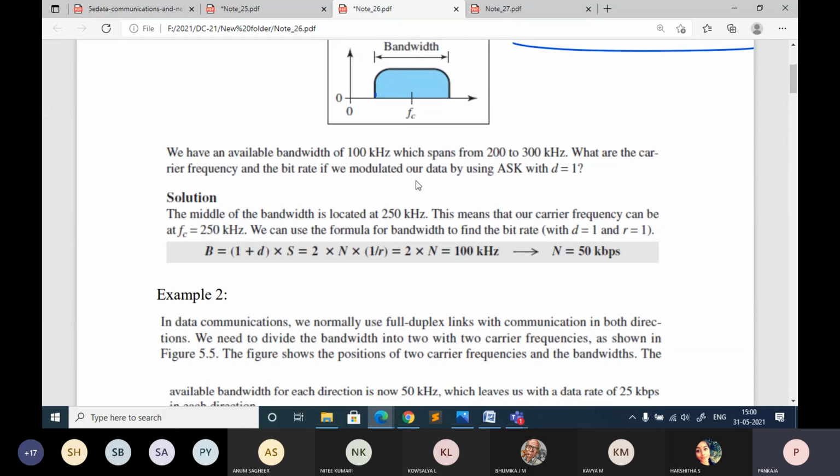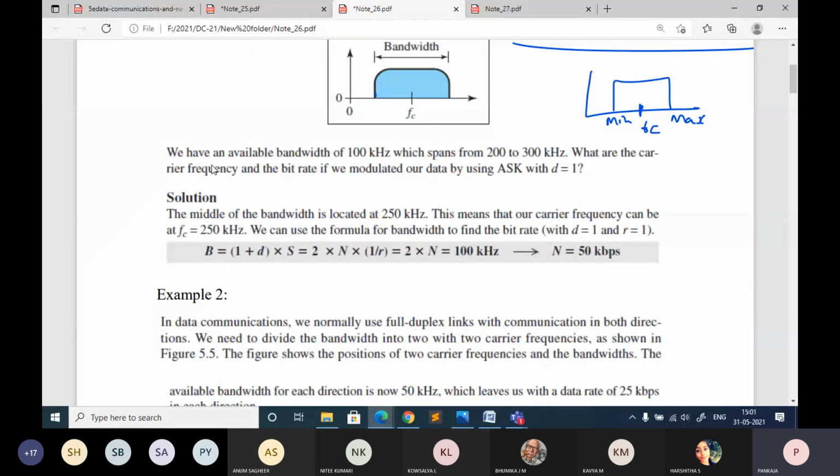Okay, in that case they have given the high frequencies, and that is the minimum. When I am telling band pass, you will have a min and max frequency. This is called the band pass channel, so it will pass only the frequencies that come under min and max. In case they have given min and max, you should be able to calculate the midpoint. That midpoint indicates the carrier frequency. Okay, carrier signal, what is the frequency used?